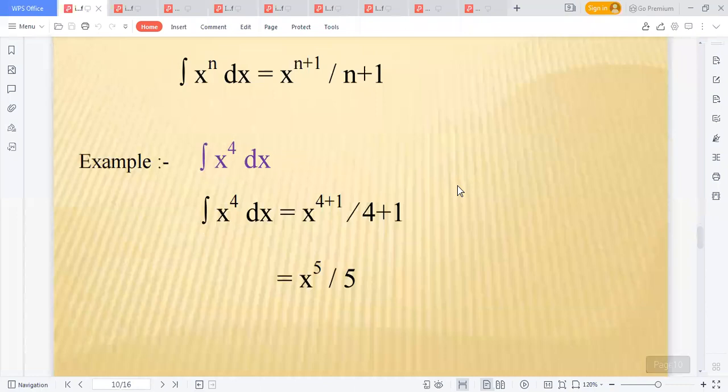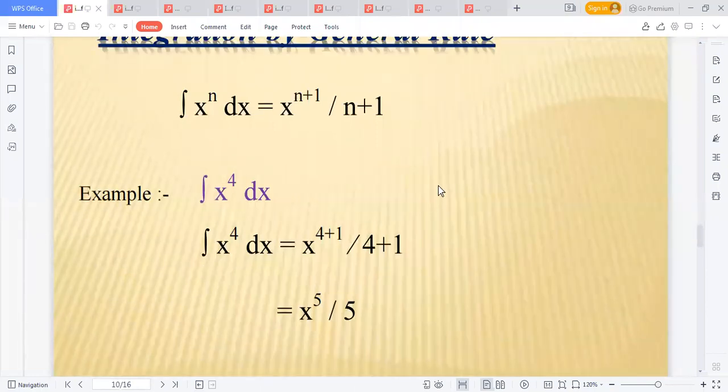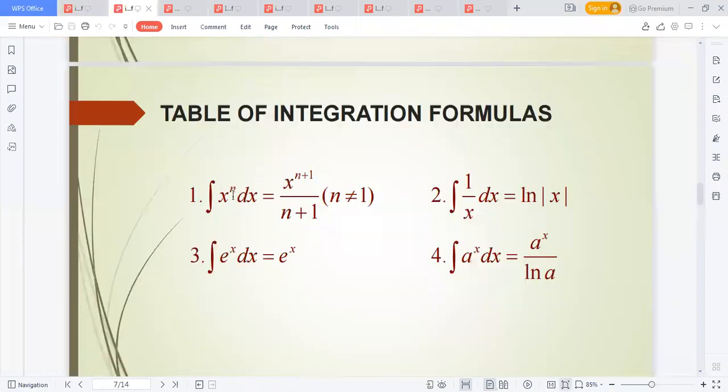Okay, this is called the power rule, and this is the general process. Remember it. In our previous lecture, we studied this and used the formula. This is the power rule, table of integration formula: x to the n becomes x to the n plus 1 divided by n plus 1. But remember that n can never be minus 1. So 1 by x integration will be ln x, and e to the power x will be e to the power x, and a to the power x will be a to the power x divided by ln a. Sorry, this should be n not equal to minus 1, there is a mistake.